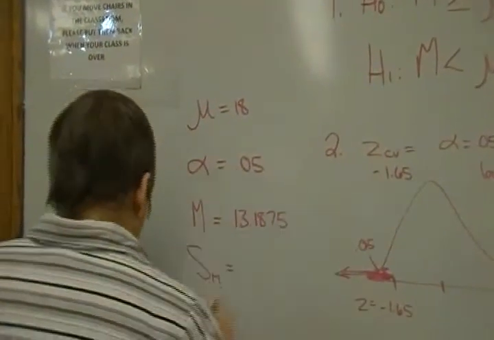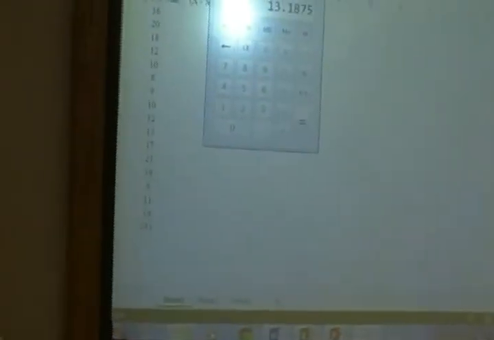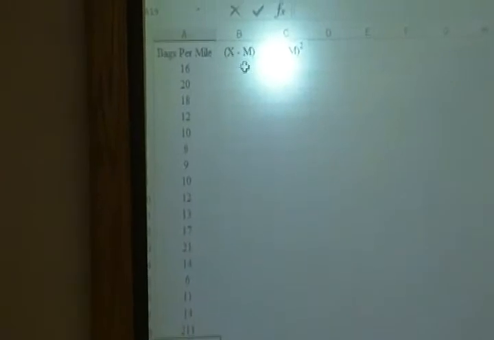13.1875. All right, now let's calculate our sum of squares. And I'm going to do that using Excel. For every piece of data I have here, and I'll go ahead and delete that so it doesn't confuse me, I'm going to subtract